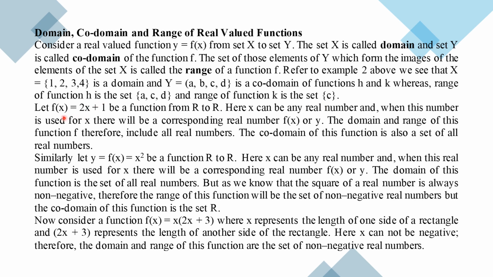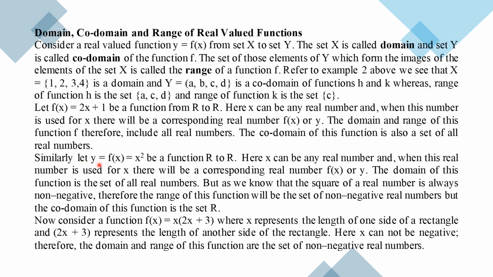So another example, f of x equals 2x plus 1. It is a function from real to real. Here x can be any real number. When a number is used for x, there will be a corresponding real number f of x. If x is replaced by any real number, you will have a corresponding value of f of x or y. The domain and range of this function f therefore include all real numbers. This means we can replace x by any real number, so the codomain is also all real